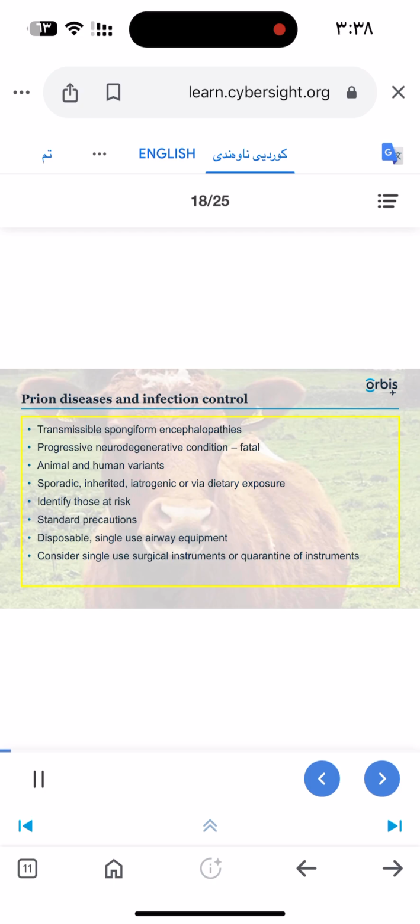Prion diseases are a group of transmissible neurodegenerative diseases that can affect both animals and humans. They are caused by an abnormal form of the normal cellular prion protein found in neurons. These diseases can be sporadic, inherited, iatrogenic, or via dietary exposure, such as in the case of variant Creutzfeldt-Jakob disease, which arises from human consumption of meat